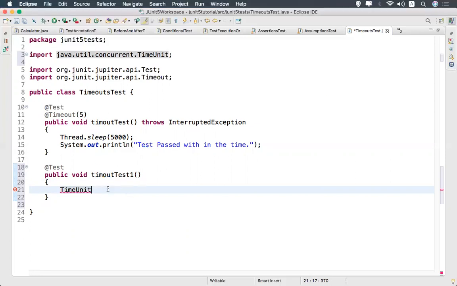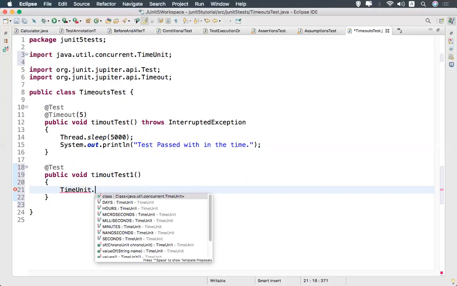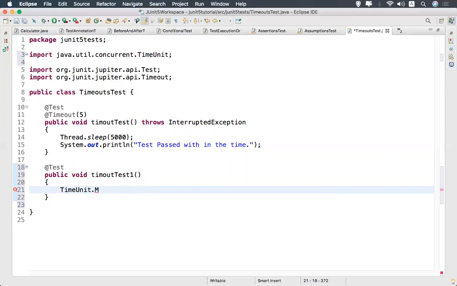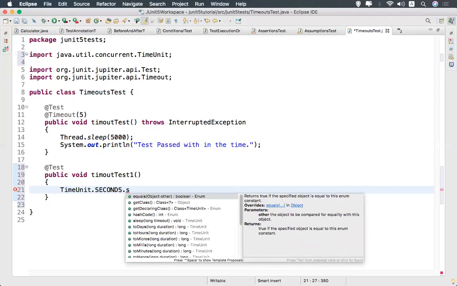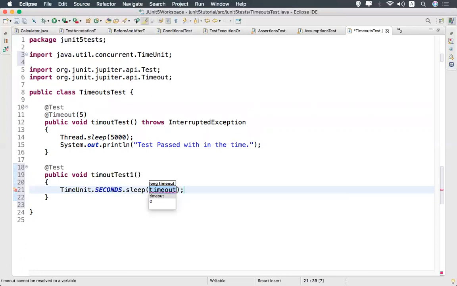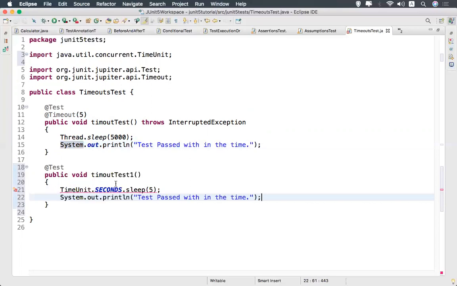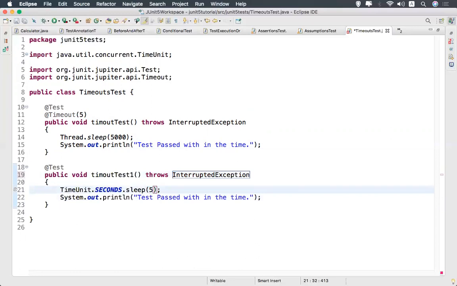This also you can use, just showing an example. I say TimeUnit.SECONDS dot sleep, the same example, 5 seconds. I'll copy paste the same message and throw InterruptedException.